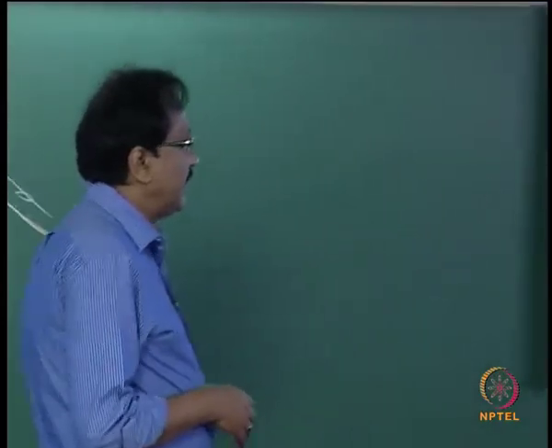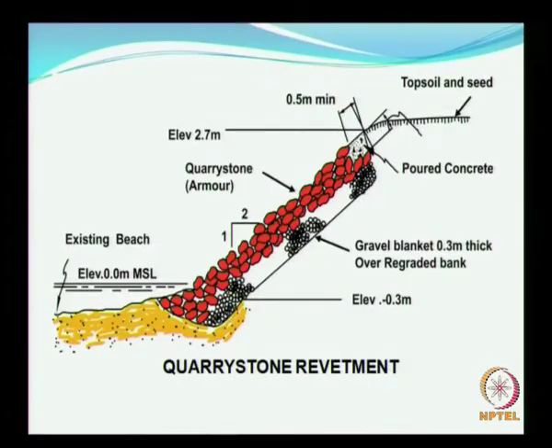So here you see, as I was explaining on the board, this is the area which is going to be protected. You have a small blanket or a filter layer over which you have the armor unit. On the top you have a concrete cap so that it is intact, and then you are supposed to have some amount of toe protection here. So this is a typical cross section of a revetment.